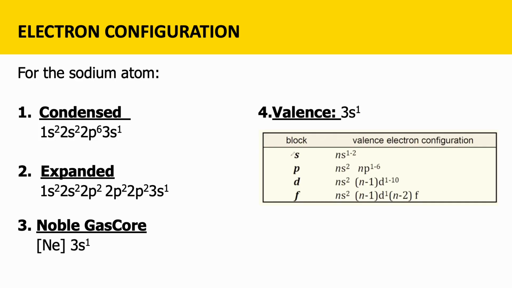Okay, your valence electron configurations naman are actually easily calculated, no, or easily drawn if you know this existing equation. Okay, for an s block element, your valence electron configuration, or your electrons associated with chemical bonding, would have the formula of ns1 to 2, 1 to 2. Okay, depende sa element. Okay, if you have a principal quantum number of 3, then it should be 3s1 to 2 electrons. Okay, similar to p, d, and f.